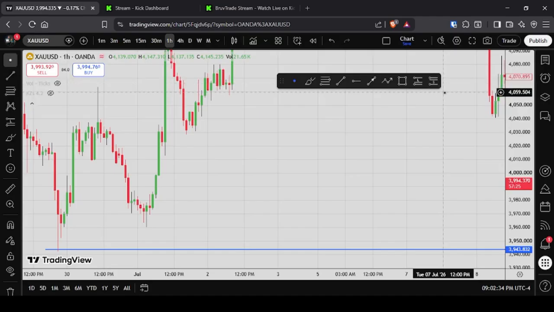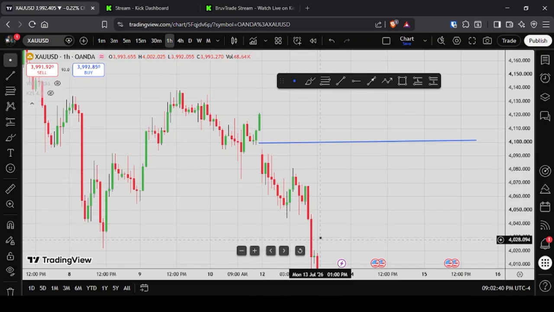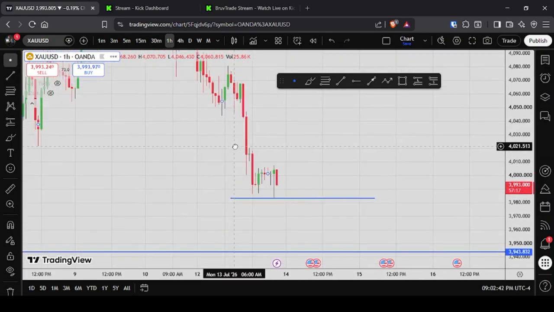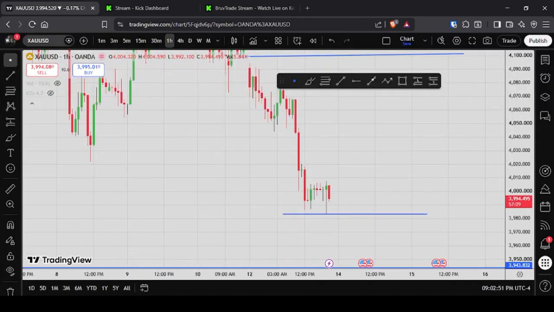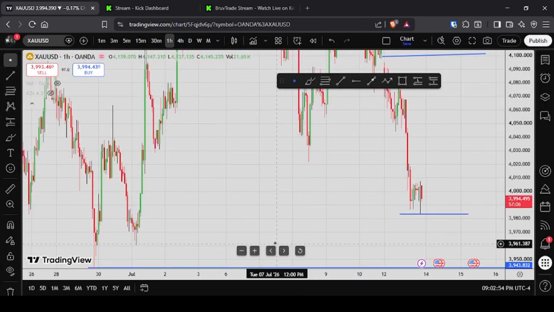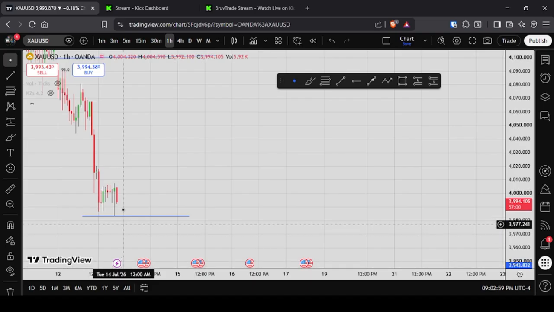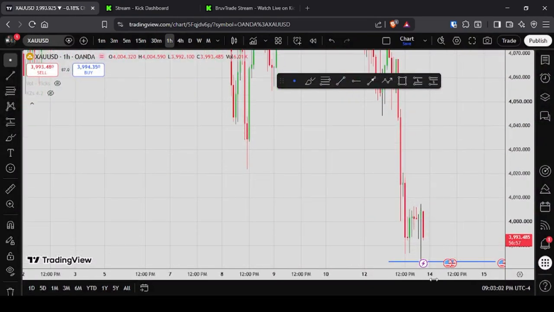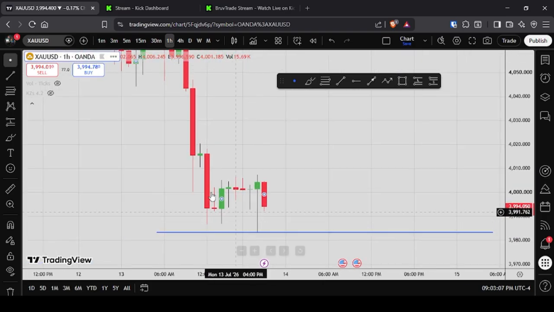Let's go to the 1-hour time frame. We are still in a bearish direction, a clean bearish move downwards. So right now, I don't think it can climb upwards because it does not have any liquidity on the 1-hour time frame. The only thing it can do right now is continue downwards till this position. That is what I think. There may be an extremely high chance for it to just take down the low and shoot upwards, take this high, but for this it would have to take out the low of the Monday candle.